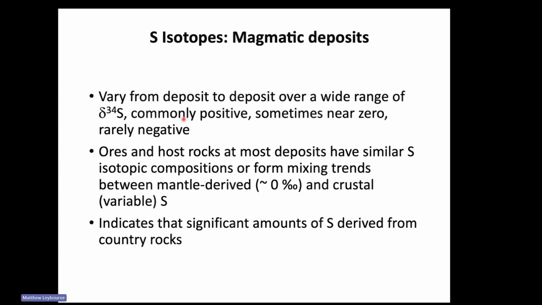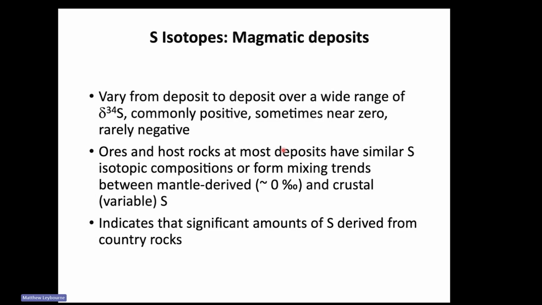What about sulfur isotopes in magmatic deposits? These are magmatic deposits, which we'll talk about more in coming weeks. These are deposits that don't form from a hydrothermal fluid, but form directly from magmas. Sulfur isotope values vary from deposit to deposit, and commonly are near zero or mantle-like values. The ores and the host rocks at most deposits have similar sulfur isotope compositions or form mixing